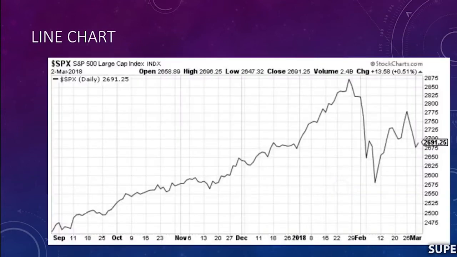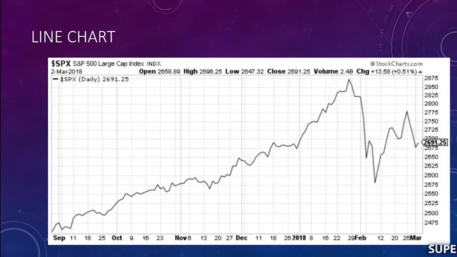From this figure, you can understand that we are representing price on the y-axis, and on the x-axis we have displayed the time period. We have plotted the closing price of each day, and by combining these closing prices we get a line. That's why this chart is known as a line chart. By looking at this line, we can understand the tendency of the price. Here, the price has an increasing tendency, and this tendency is known as bullish tendency. From here, the price decreased a little bit, and again the price increased.